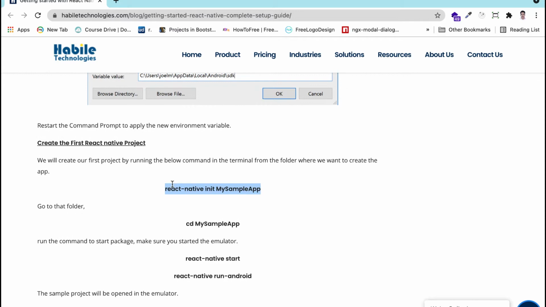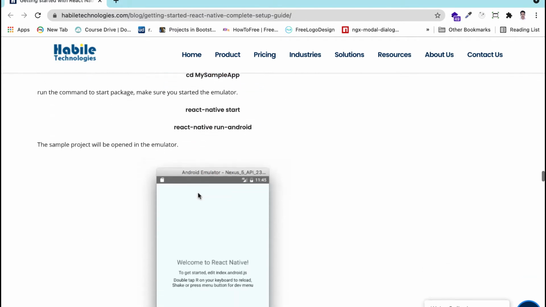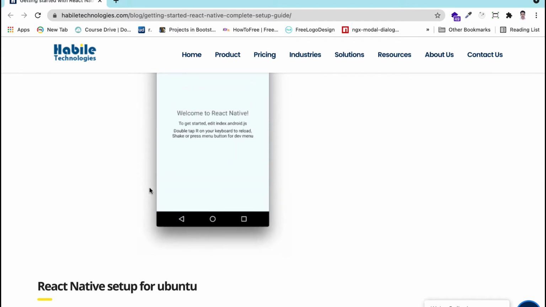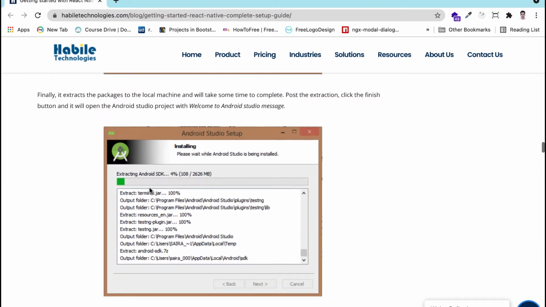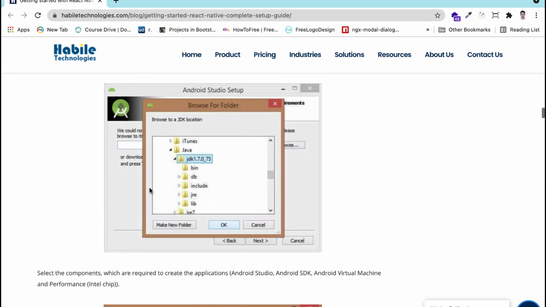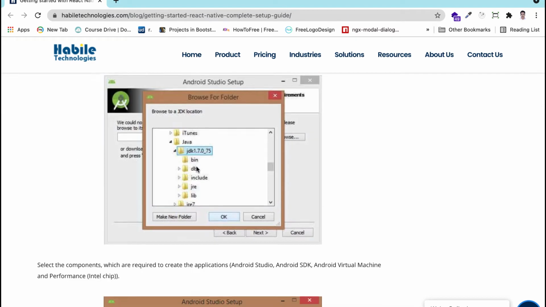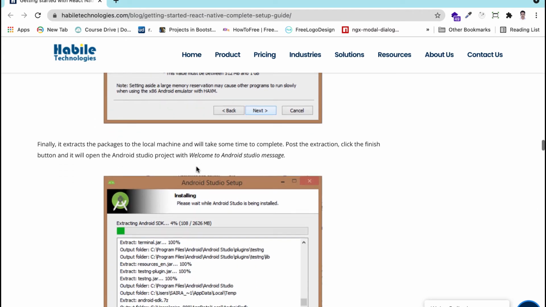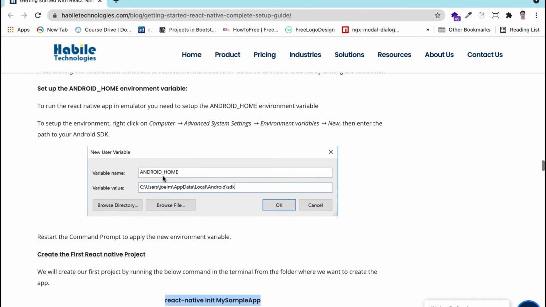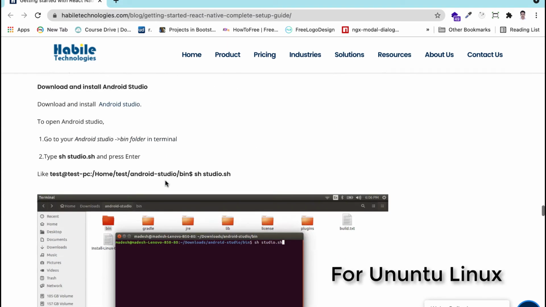Then we will create the project by using this command; we will see that later. And you may need Java home. If you need Java home, then you have to copy the JDK path, this one, and put it in the environment variables with the name JAVA_HOME. Then for Ubuntu